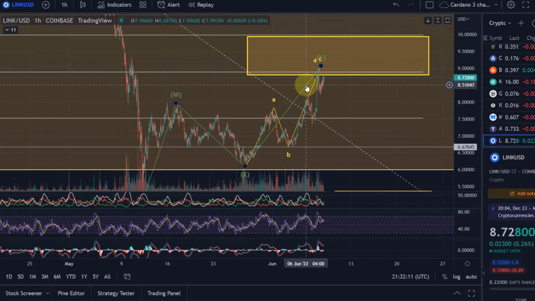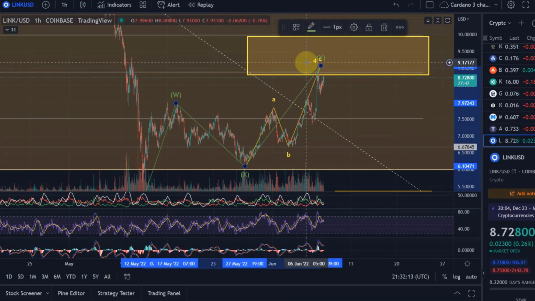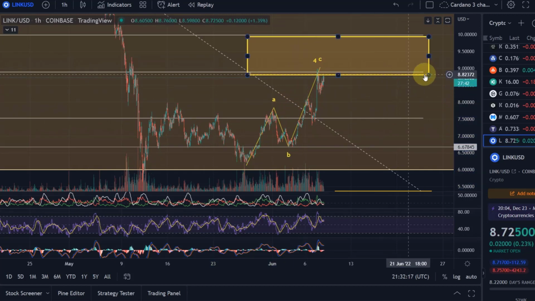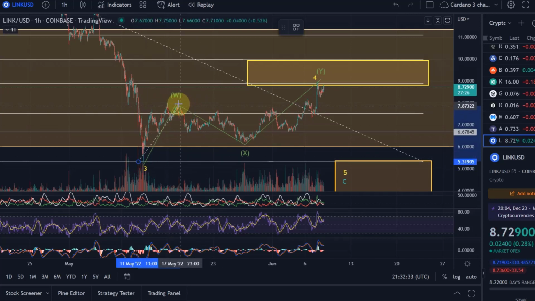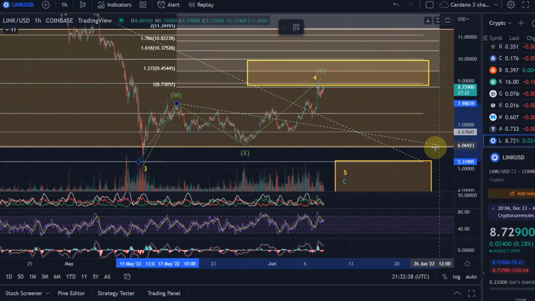So we already reached this target area, and from here we could then at any point after the wave Y is finished move down again. We can also calculate the length of the wave Y by purely looking at the length of the wave W. And one target of the wave Y is the 100% Fibonacci, or the 100% multiple, well, basically 1-to-1 of the wave